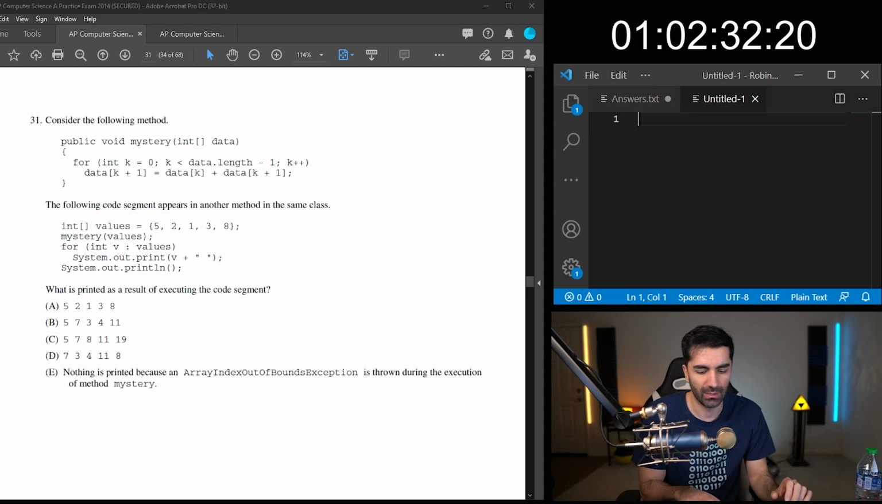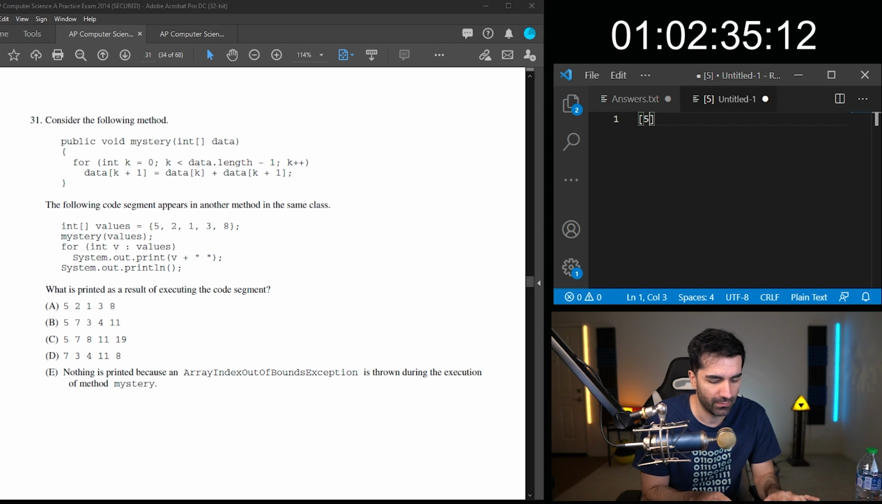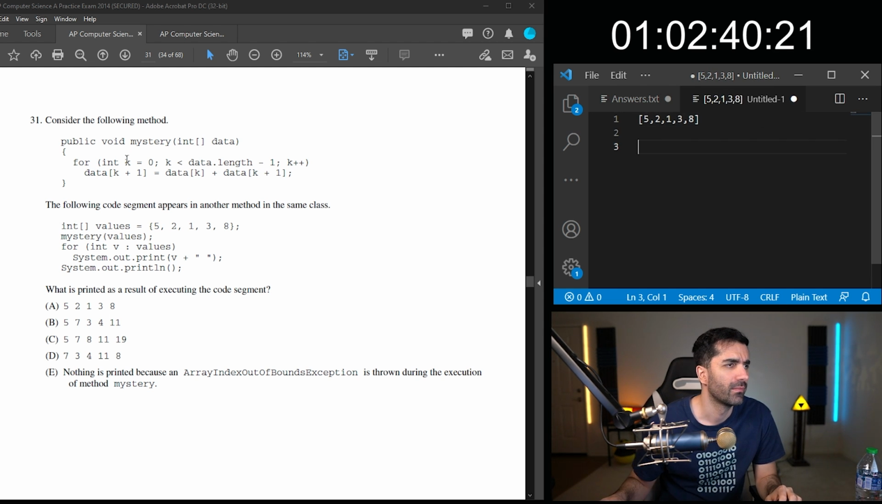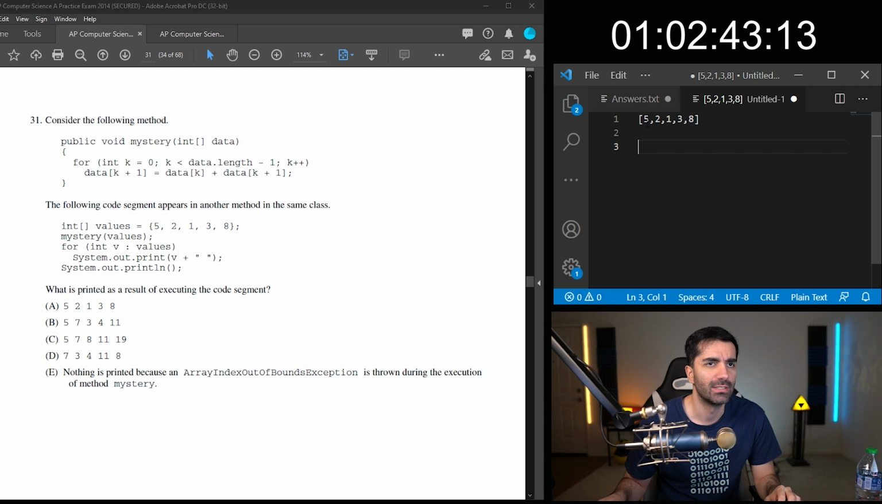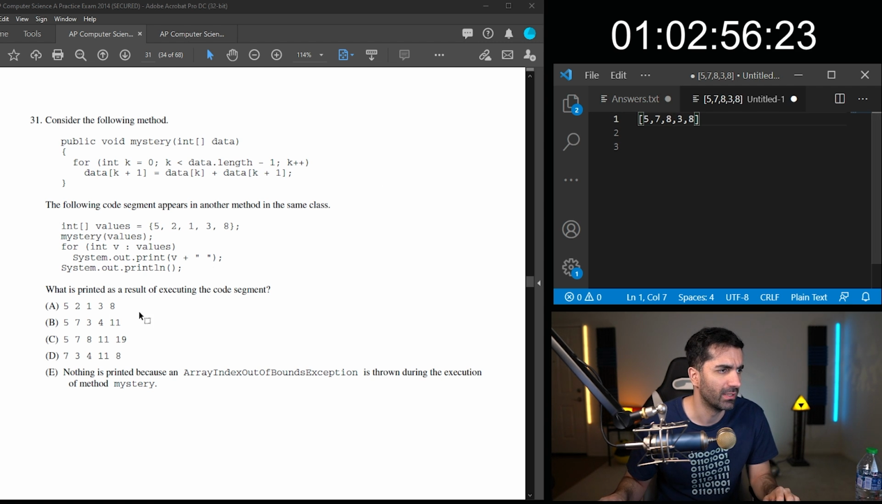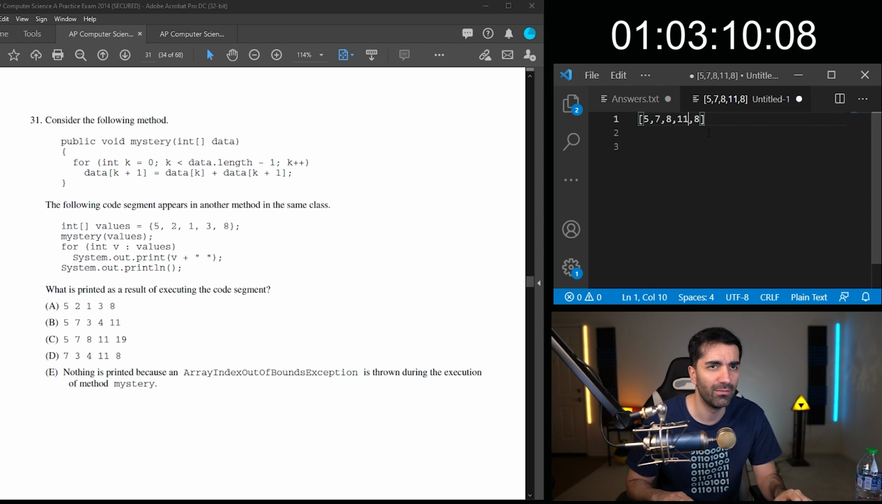Again, I feel like this is just one that we're going to have to run through. So we have 5, 2, 1, 3, and 8. So we're at 0. So we're going to set the one ahead of it to that. So it's going to be 7. This is going to be 8. And if we look at the answer, it's going to be C, unless it might throw an exception. Let's keep it going. So we get to 8, then we get to this, which is going to be 11,